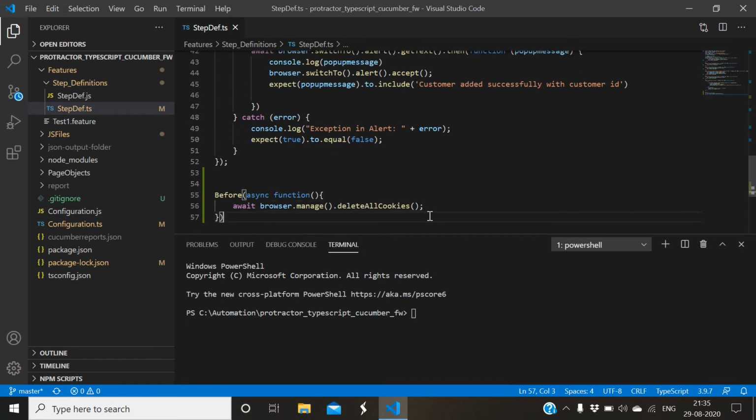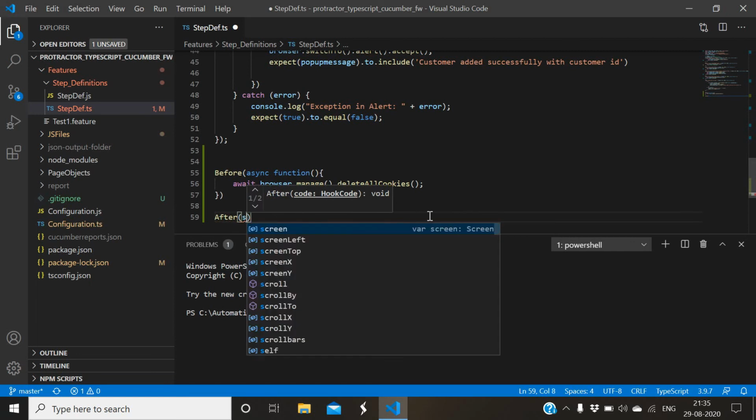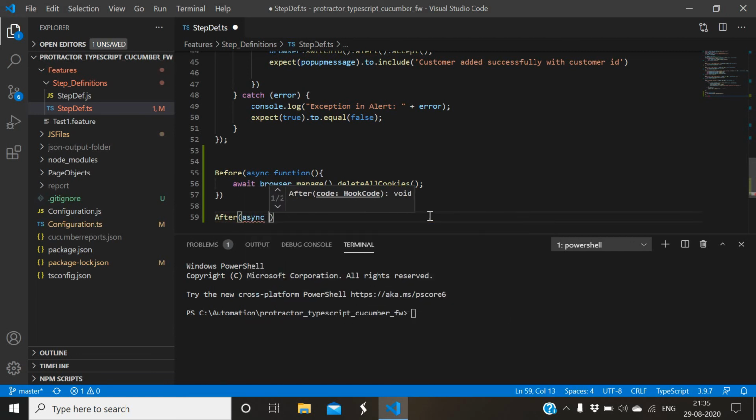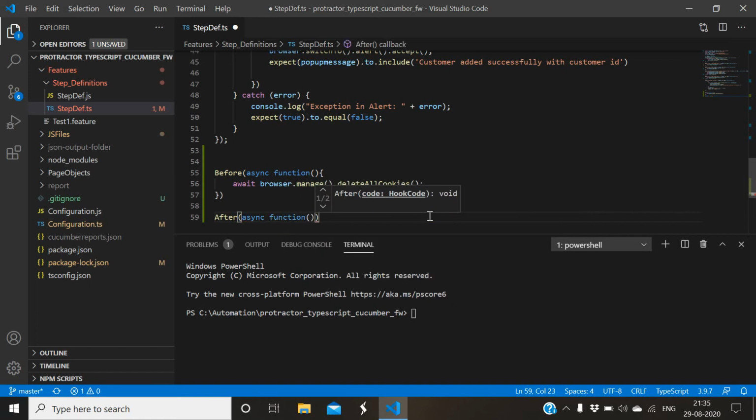Similarly, we do have an after hook. So let me write that, an async function. In the after hook, I want to take the screenshot.